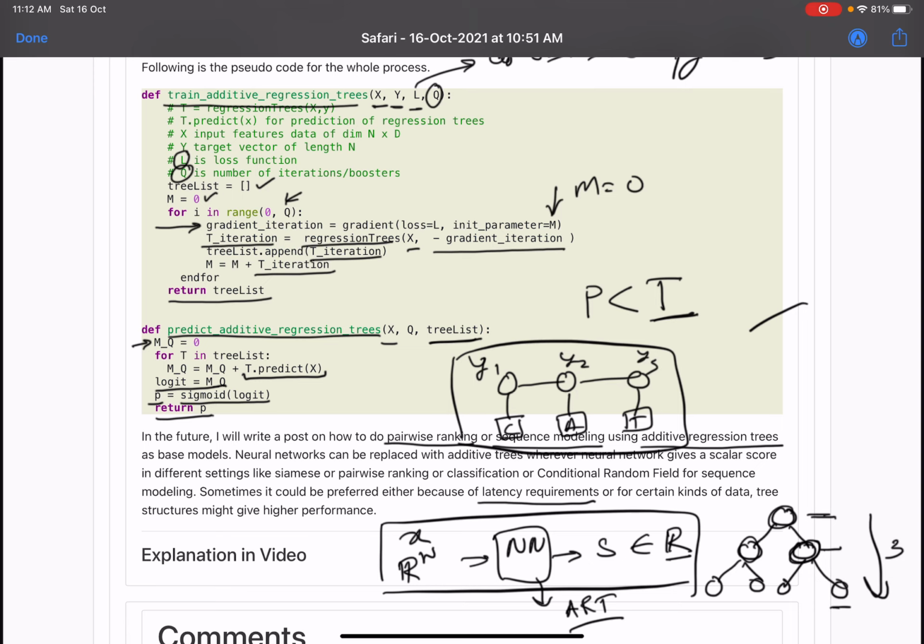In this task you have these connections from input to label, and these connections can be modeled by a neural network, or by additive regression trees. Because these models are shared across each position, it's the same model being reused, additive regression trees are a good candidate.